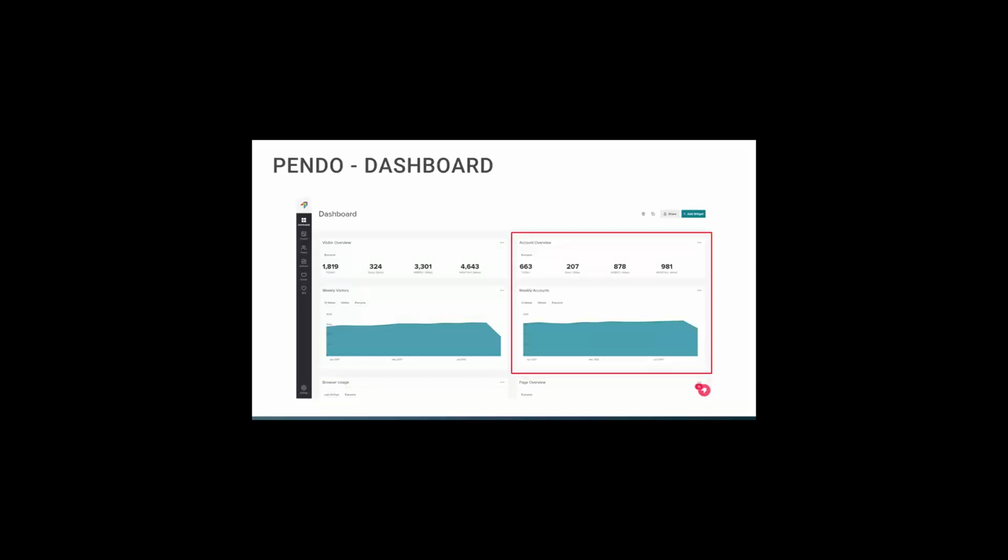You can also look at account overview. So say you have 100 customers, so 100 accounts. You might have 20 people from each company or each account accessing the in-app guide. And this information on the right-hand side of the screen is focused on the account. So you can see how many accounts access the in-app guide today, daily, weekly, and monthly, and also the visual